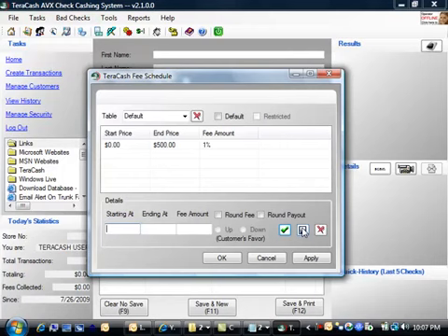Now I'll explain the rounding options in just a moment. So now we have a fee range in the default table of $0 to $500 charging 1%, as shown here. Now since sometimes we accept checks that are higher than $500, we'll want to make sure we account for those. For purposes of this demonstration, we will be accepting checks higher than $500, so let's add some new fee ranges